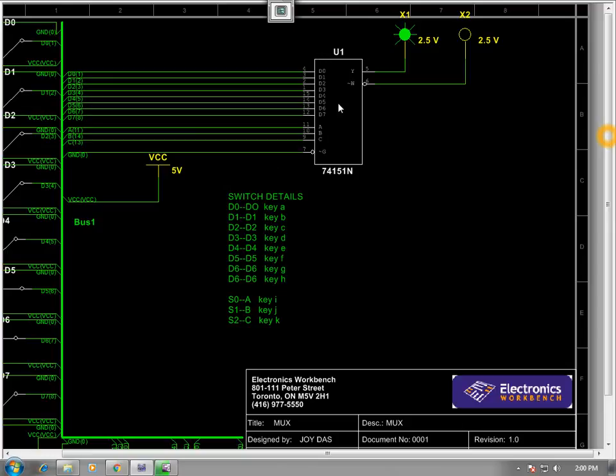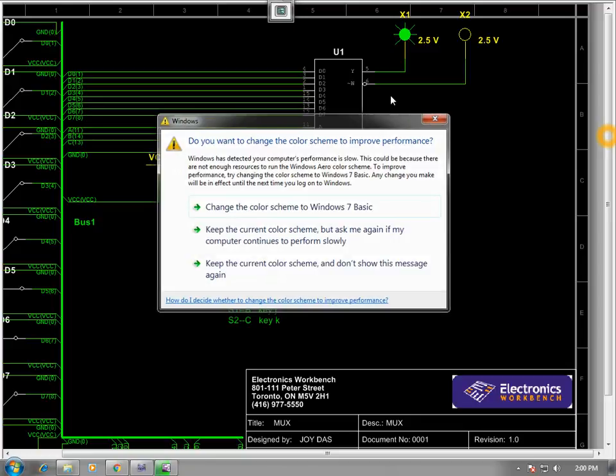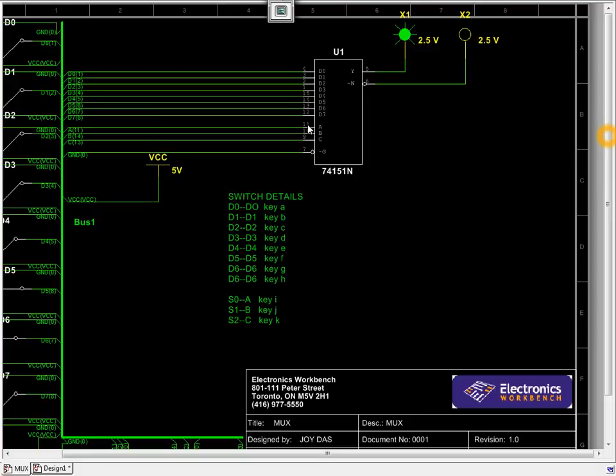What is a multiplexer? A multiplexer is a many-to-one circuit. That means you can have many input lines, but only one output through the output lines. Here the 8 input lines are D0 through D7, and the outputs Y and Y complement are given here, and which input line goes through to the output is selected by these select lines A, B and C,